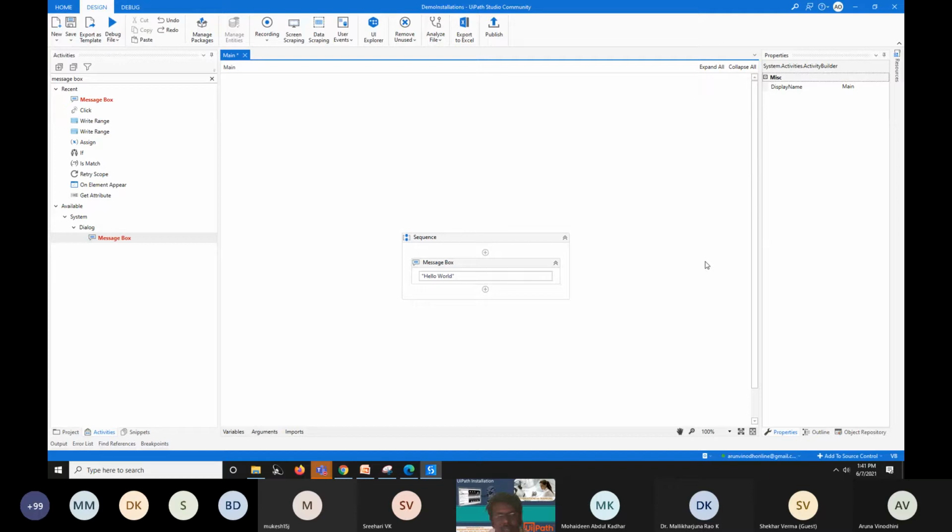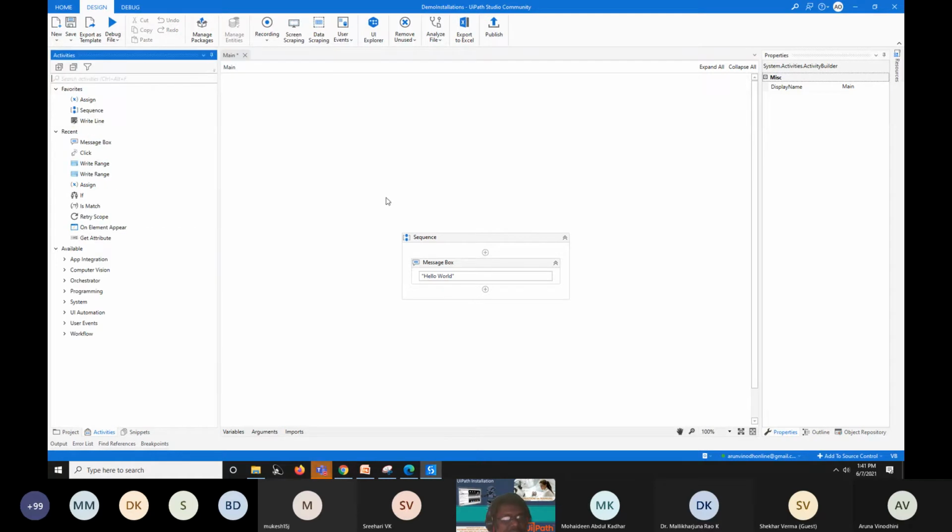Okay. So now I'll repeat the steps once again so that you can follow. I clicked this activities. There are three panes: project pane, activity pane, and snippet pane.